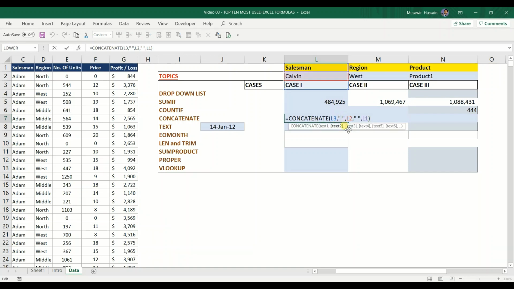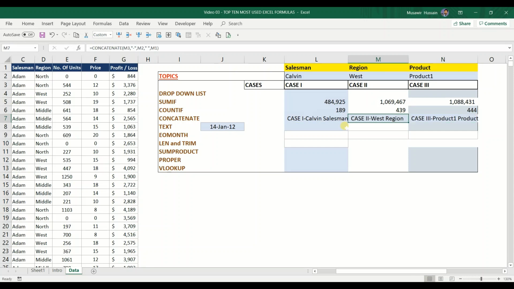Also, instead of this space, you can add any dash, slash, anything you want, like this, case 1 slash Kelvin slash salesman, etc. You can simply copy formula to the rest to see the results. So the text formula